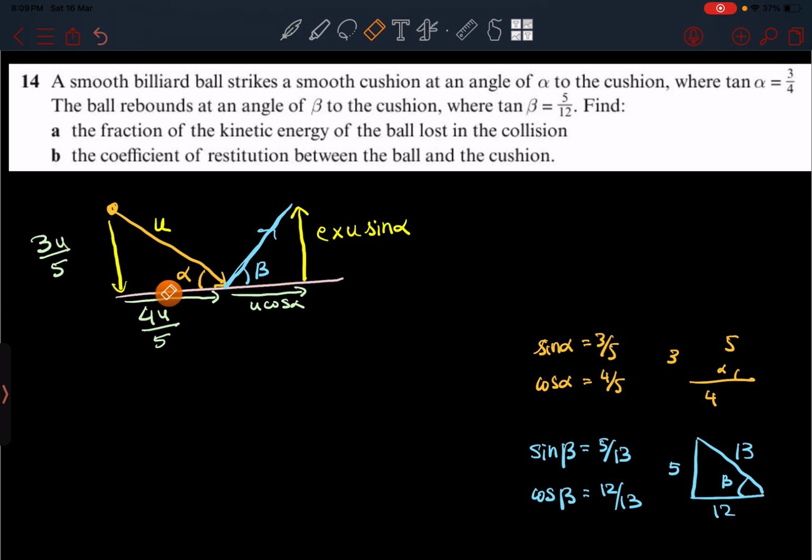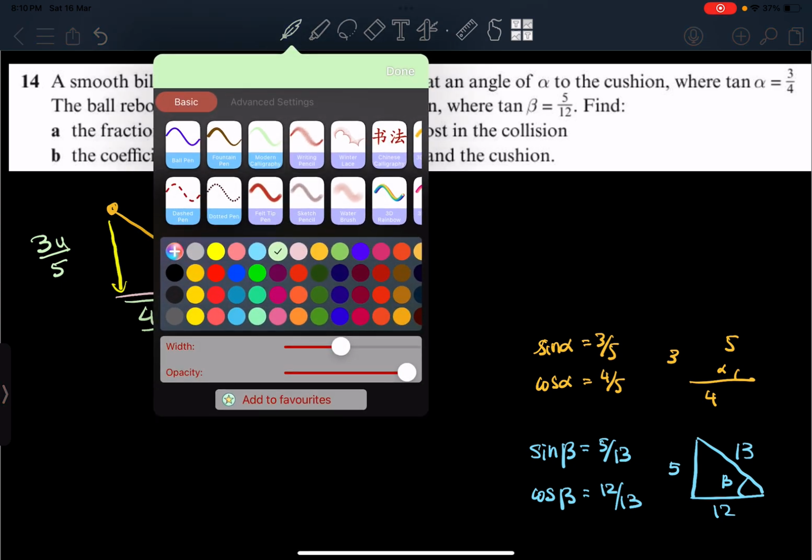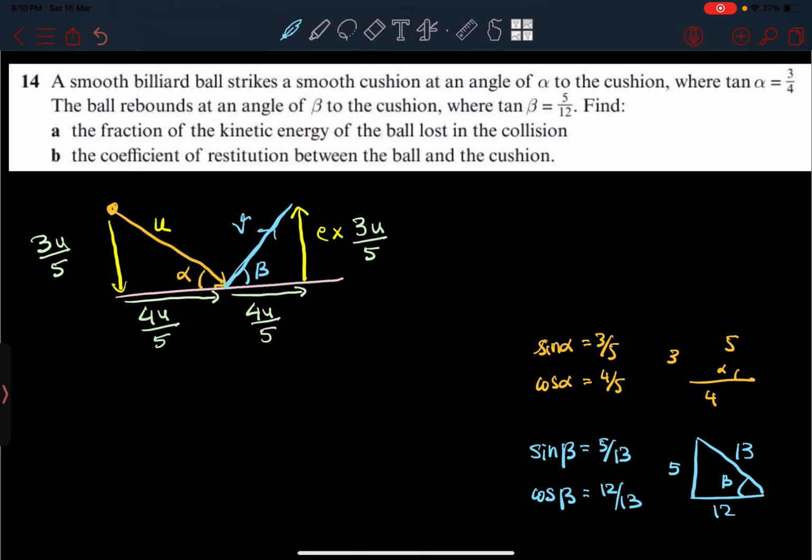Okay, so because that is 4u/5, I can use this one as 4u/5, and then the perpendicular component would then become e times 3u/5. But the problem is I don't know what e is. So when I'm trying to find what is v, it doesn't really help me if I use the perpendicular component,